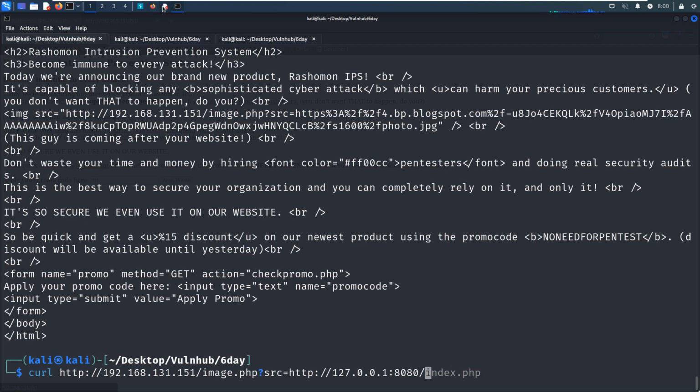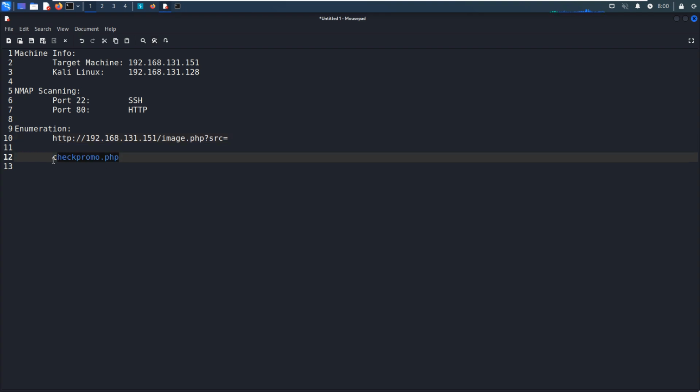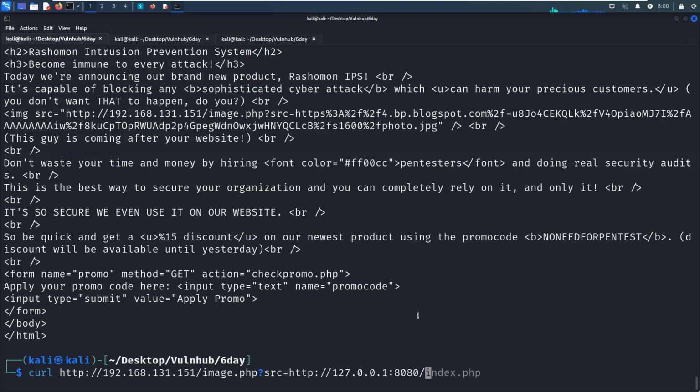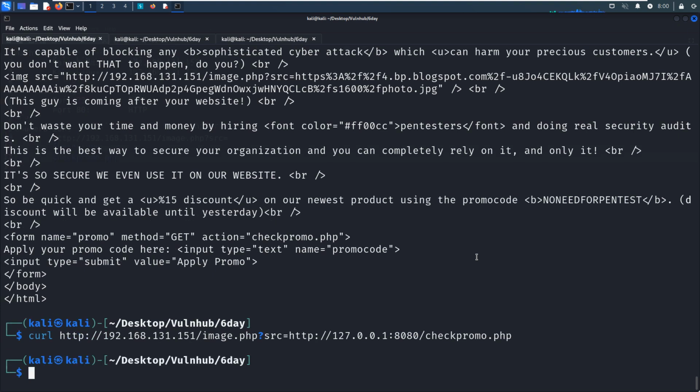So next, I think we can try to retrieve another file. Just now, we have already found this file from the source code, and we can paste it over here, but nothing returned. So how to retrieve this file?